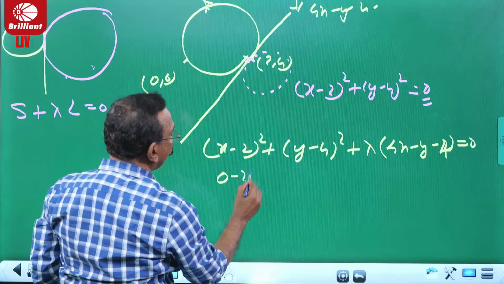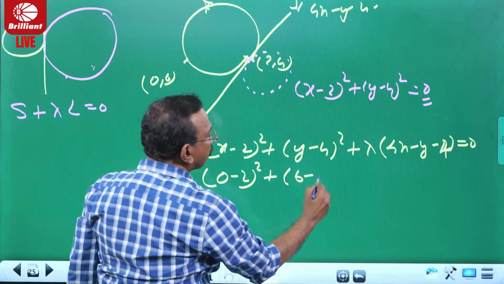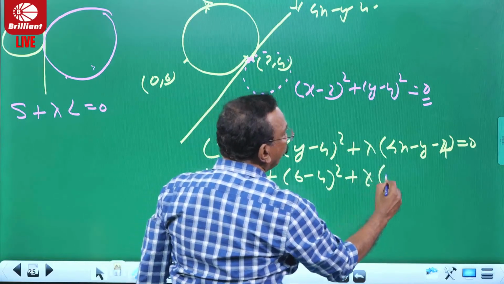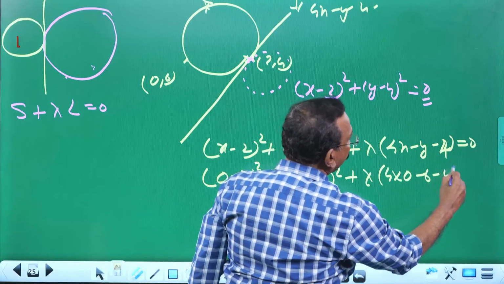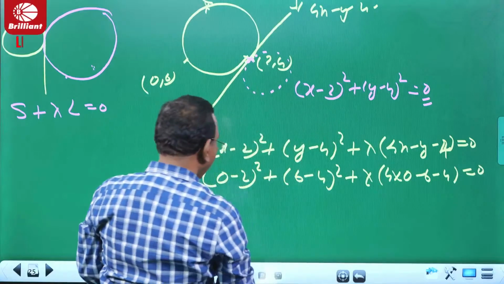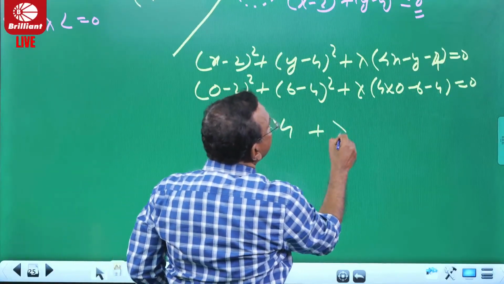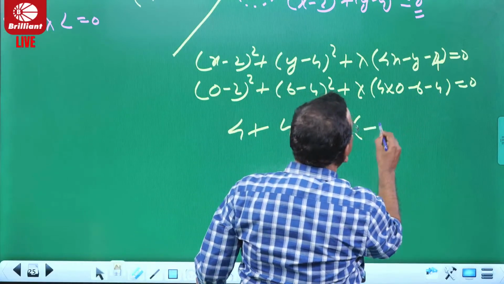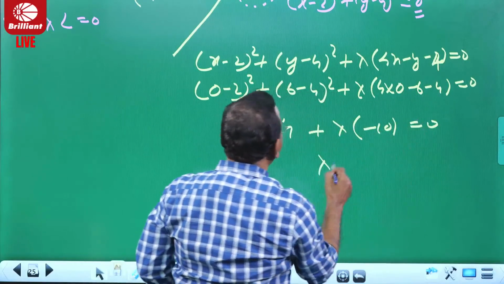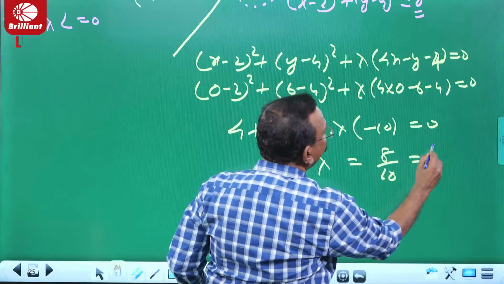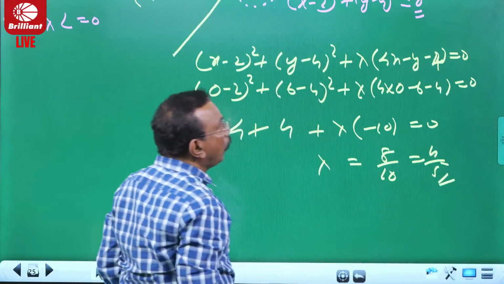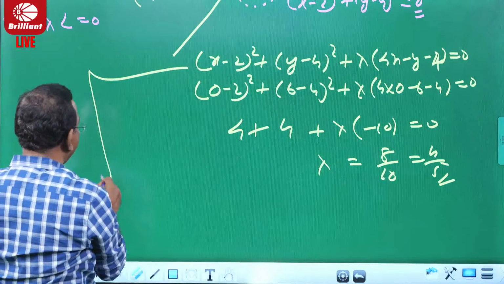It is (0 minus 2) the whole square plus (x minus 4) the whole square plus lambda into (4 into 0 minus 6 minus 4) is equal to 0, which implies that 4 plus lambda into (that's actually minus 10) equal to 0. We can see lambda is equal to 8 divided by 10, or is equal to 4 by 5. So our equation becomes, this expression can be written in the form